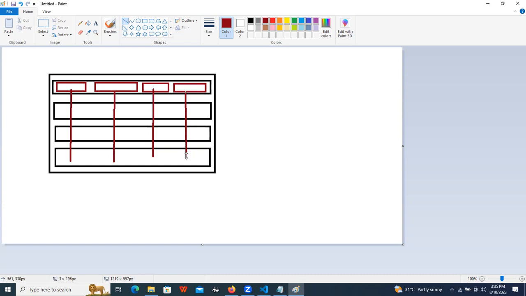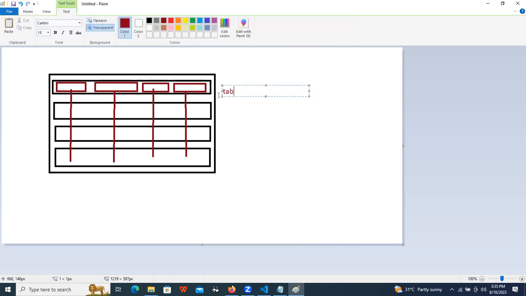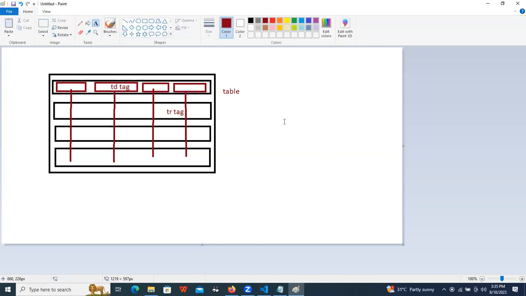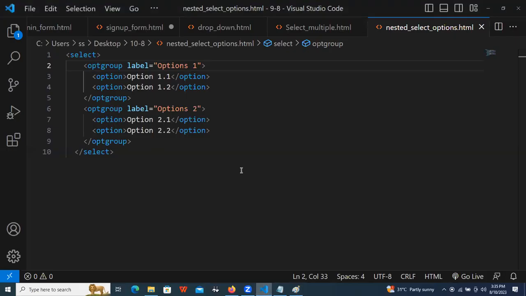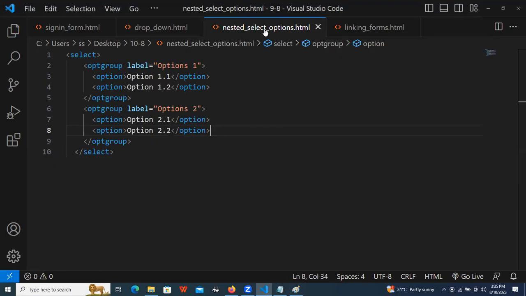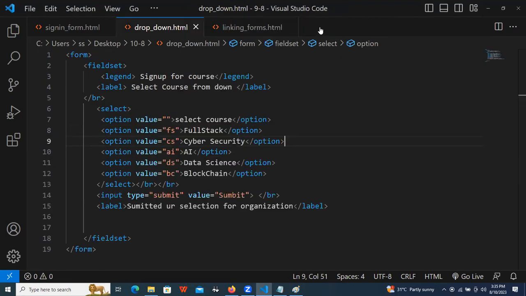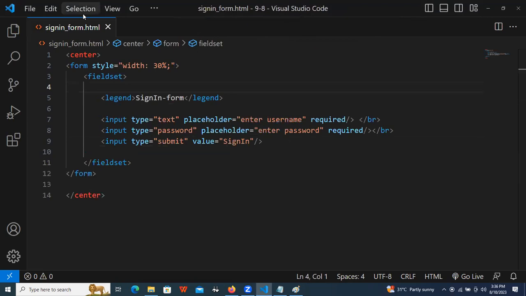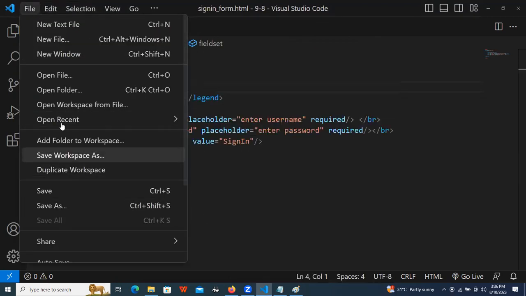Is this clear? This is the table tag. And this is the TR tag. And this is the TD tag. Let me take a simple program, then you can understand how a table will be. Let me close all these things here. Save. Okay, let me take a new file,